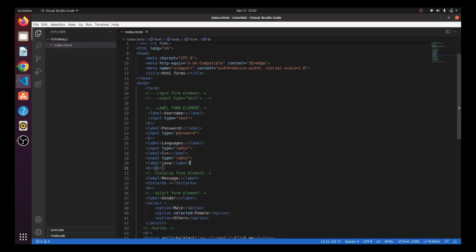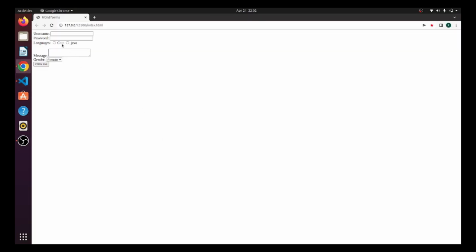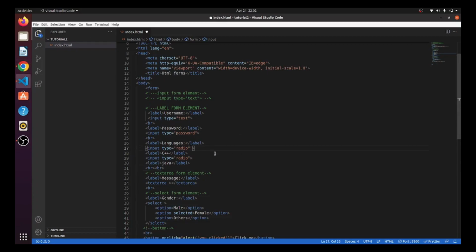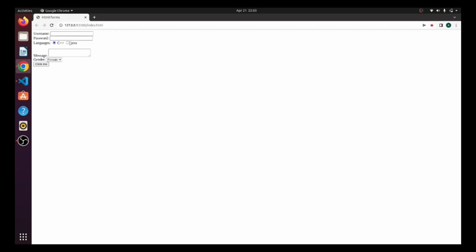Now radio, why is radio used? The feature of the radio button is you can tick only one, but right now as you can see we can tick them both. So why is it happening? Because we did not give the name, so we have to give a name for the particular input type, right? Now you can see it's taking only one, so that's why radio buttons are used to take one condition only, one option only, from the user, either it's C++ or it's Java,